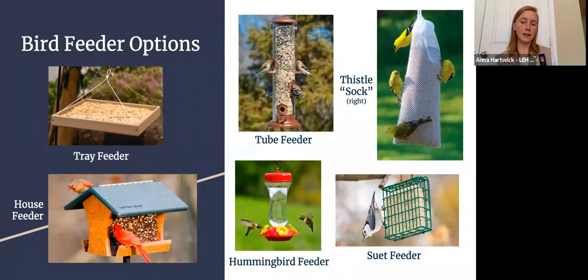Now, something that's a little bad or a con about thistle socks is they're a little messy. If you get a thistle sock, you might notice that there is a pile of Niger seed on the ground. And you might think, oh, my thistle sock, it's leaking or something to that extent. Something's not right. The birds are wasting food. But that's actually supposed to happen because